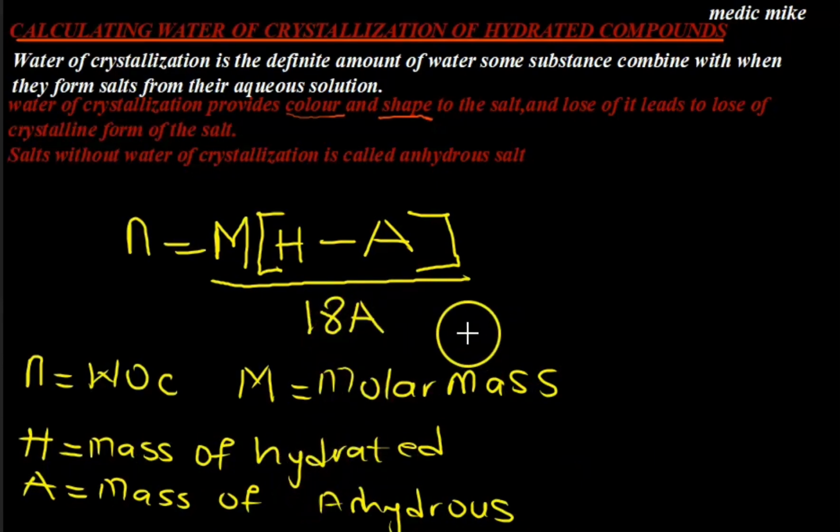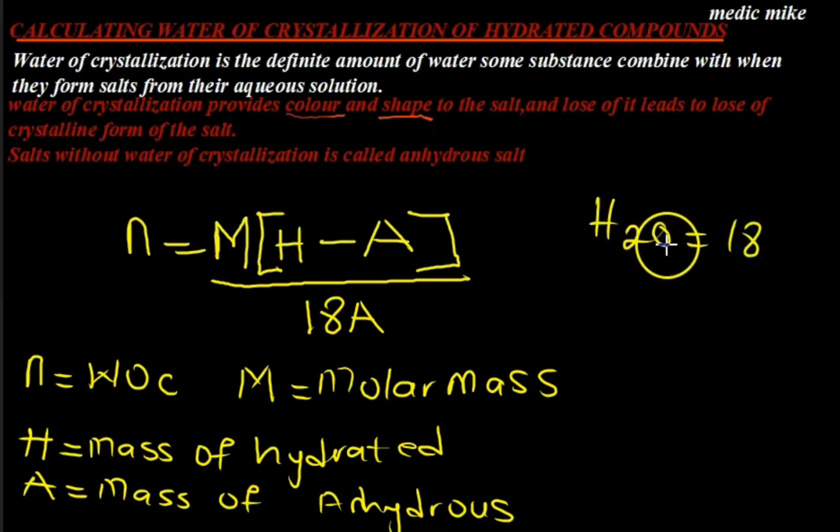The reason why number 18 is being used is because the molar mass of H2O is equal to 18. 2 plus 16 is equal to 18. So that's why 18 is being used there. So take a while, write down this formula and let it stick better as we go into solving our question